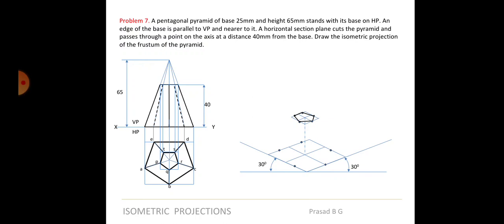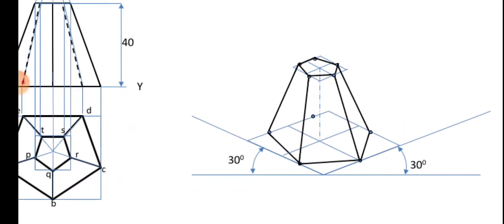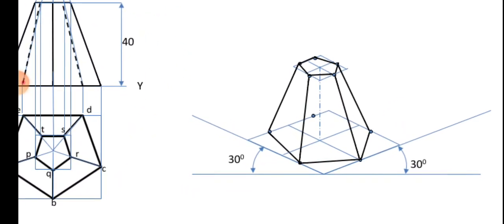Now let us join all the points. While joining, you can very clearly see the inner lines. This point is P, right? So P to A will come in the front, so you can join. Q to B will come here, then R to C will come here, then D to S. This point you need not draw because this is coming from the back side. You can draw it very light if you want, so that there is no confusion, but the last point is again visible. So this point will not be visible.